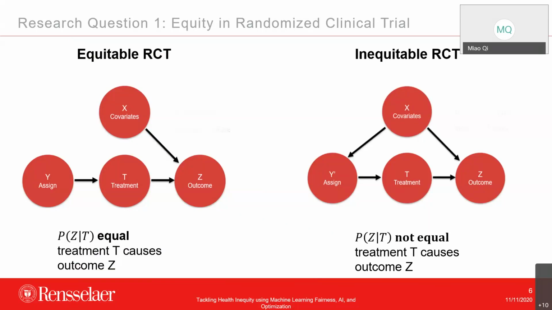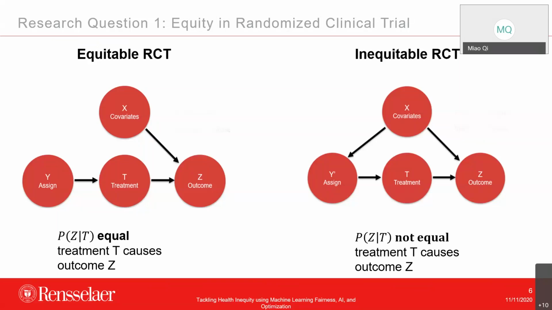So here are the two models shown. If we use the example of a randomized clinical trial to evaluate mental health, then Y represents the assignment of the subjects into a trial, which targets patients with mental disorders. T represents a new drug, Z is the self-reported mental health symptoms, and X is a potential covariate, for example the patient age, that affects the assignment of the subject in the trial. The arrow from X to Y represents the tendency of elder people to seek medical help more often than younger people. And the arrow from X to Z represents the effect of age on the self-reported mental